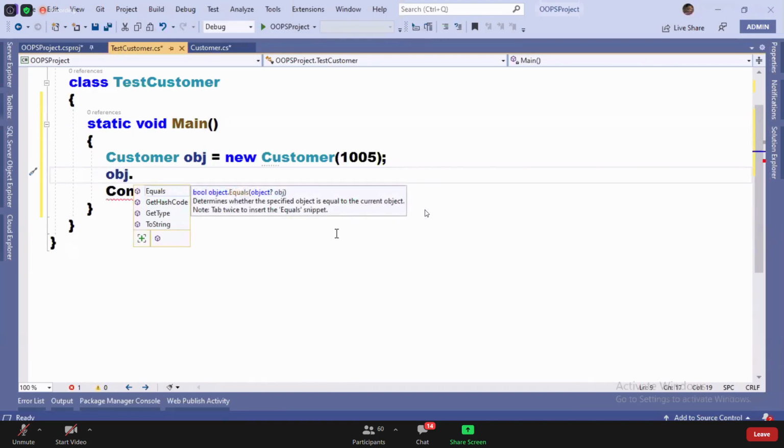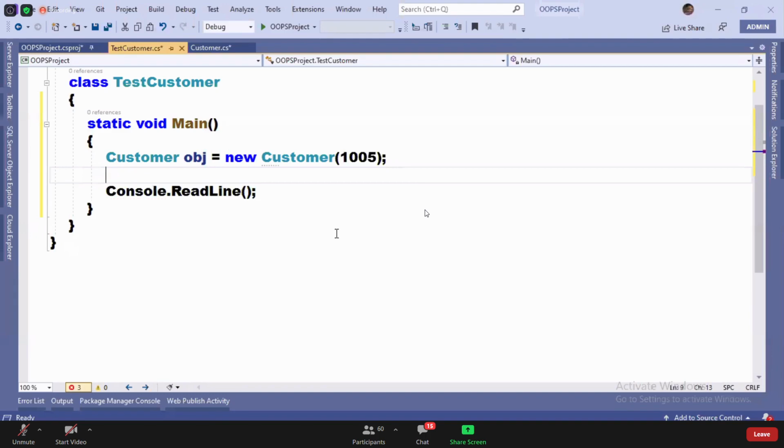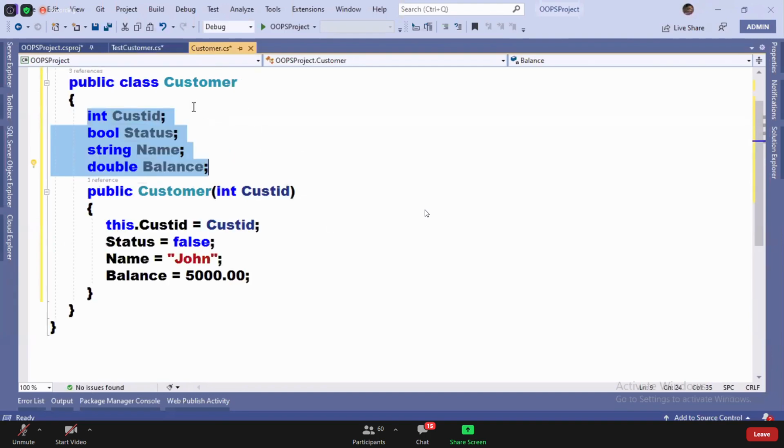Why not showing you? Because all are private, and private members of a class are not accessible outside. So this is the problem where I started in the last class. And what did I say? If you want to provide access to this particular value outside of the class, option number 1 is declaring public. But tell me guys, is declaring public a wise choice?